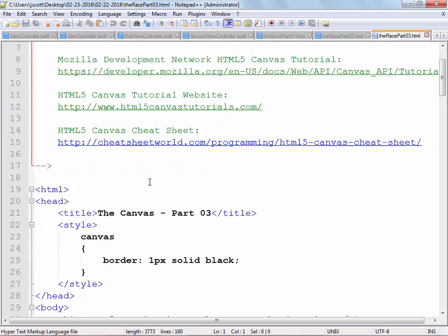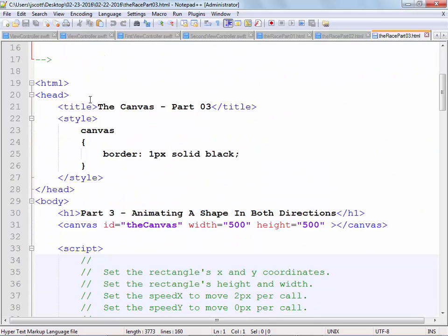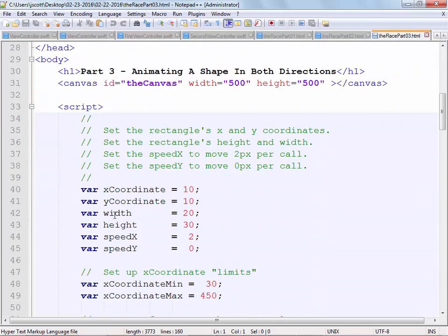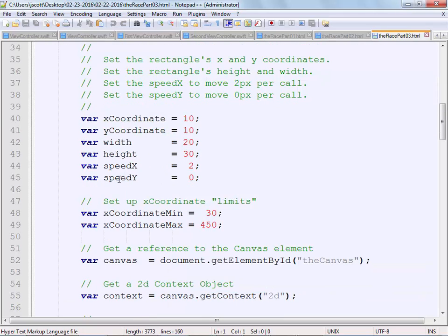Then in the next part, again, I'm just going to hit the new stuff each time. So you saw all that. You saw all this. All right. But notice, we're going to have to not only worry about X, we're going to have to worry about Y. X is how you're moving from left to right. Y is how you're moving from top to bottom or bottom to top.